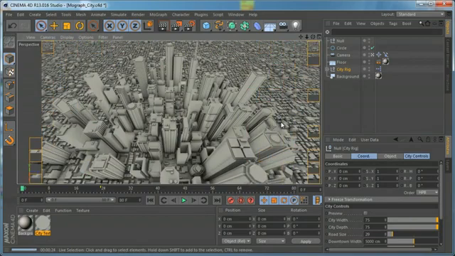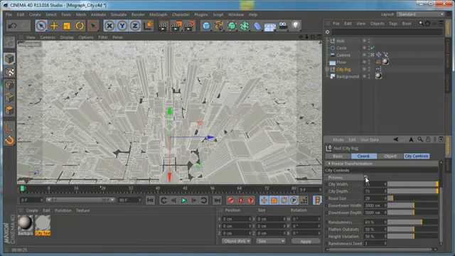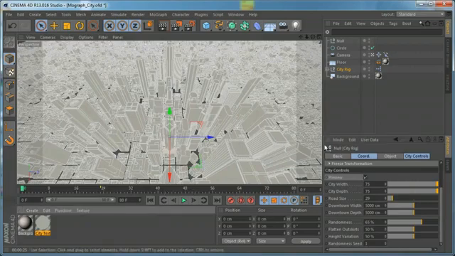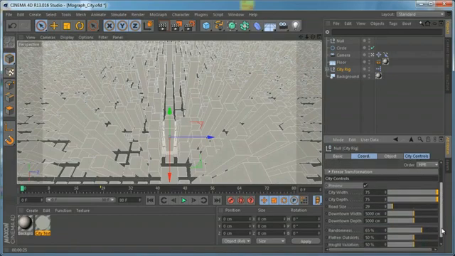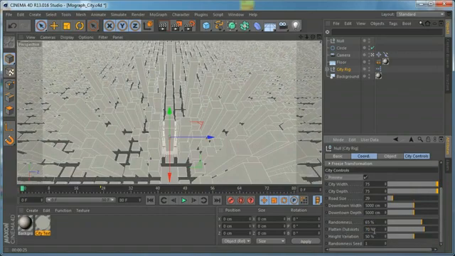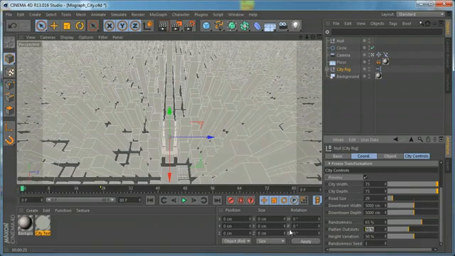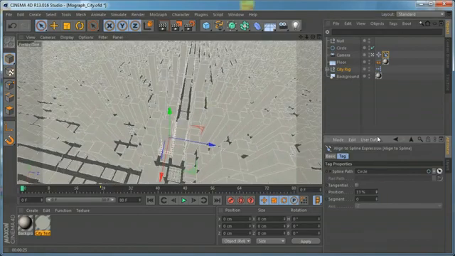And basically that's it. As you can see, we can increase some of the settings here. Let's see if we change this, for example. Some of the buildings are higher. Basically that's it. We are not going to waste more time here, and just animate